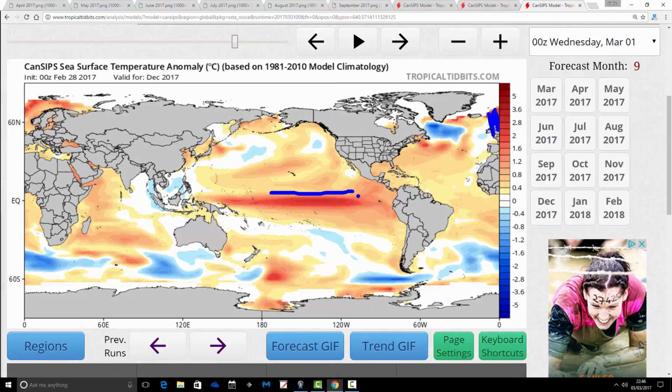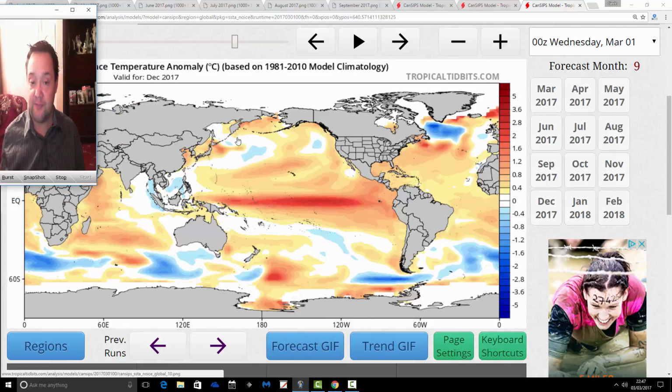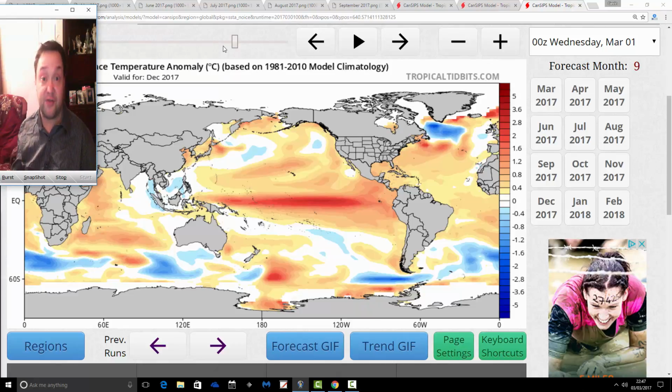So a really strong El Nino coming back, if the CANSIPS model is right, as we get through to the end of the year. That will be quite remarkable, because we only had a Super Nino for 2015, 2016, so it would be quite remarkable to go back into Super Nino territory again so quickly after the first one. But that's what CANSIPS is doing, and it may be a long way off with this.